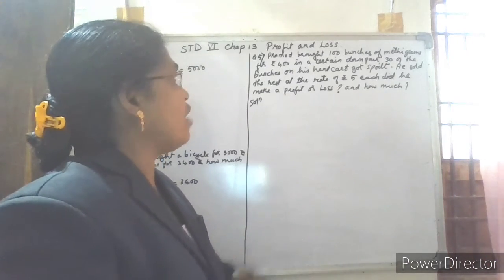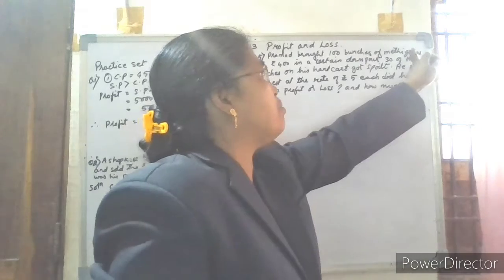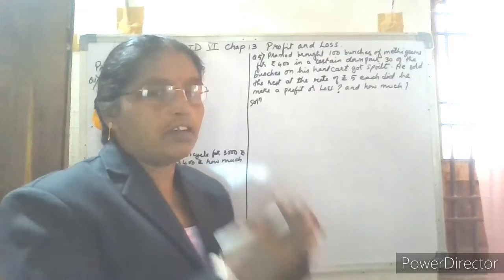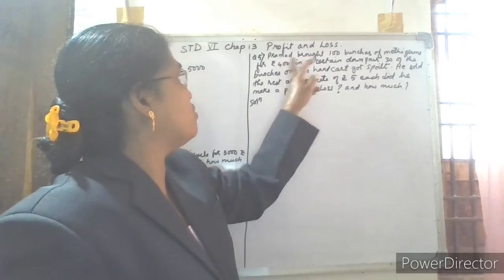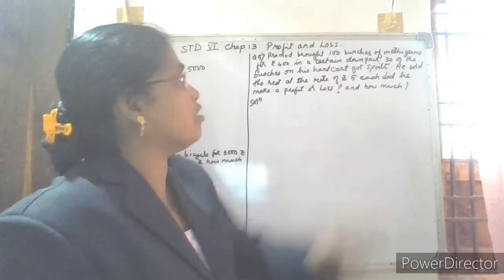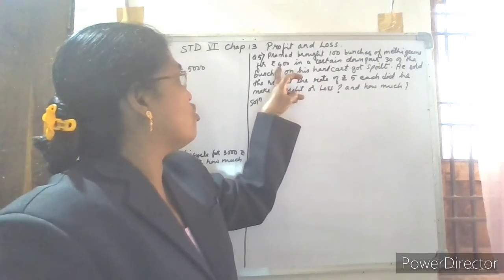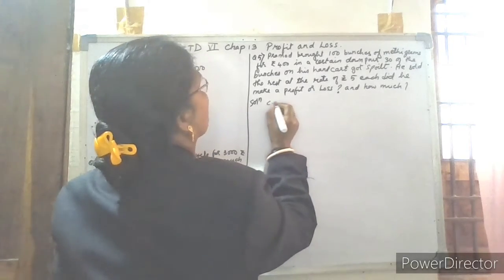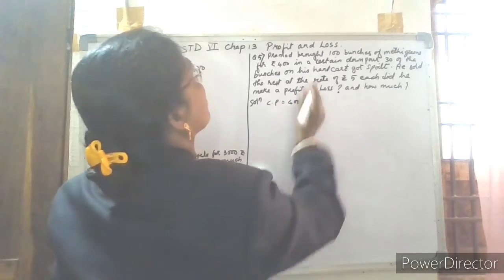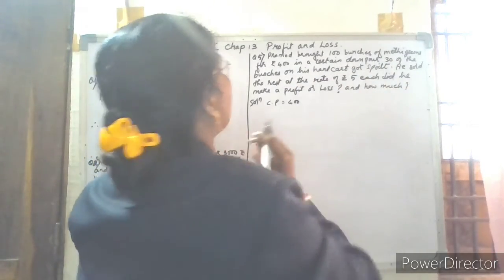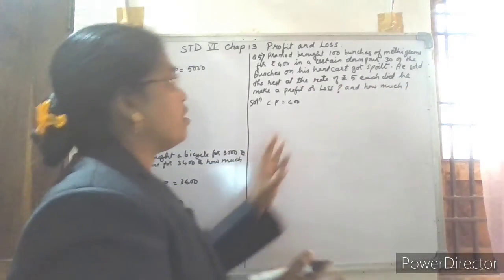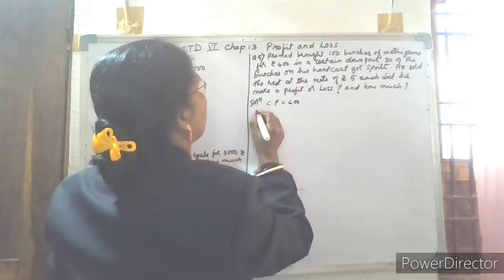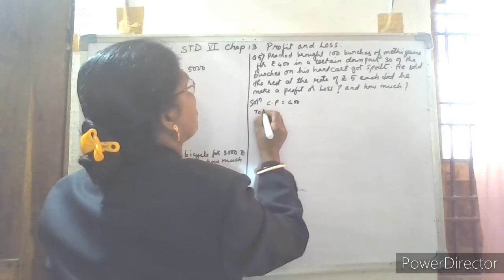See, as you know, methi greens means the methi which you buy from the market. It is tied in bundles. So in such a way, 100 bundles he has bought. For how much? Rupees 400 only. So this is the cost price. Cost price is equal to 400. In a certain downpour, 30 of the bunches of his methi had got spoiled. That means he threw those away.